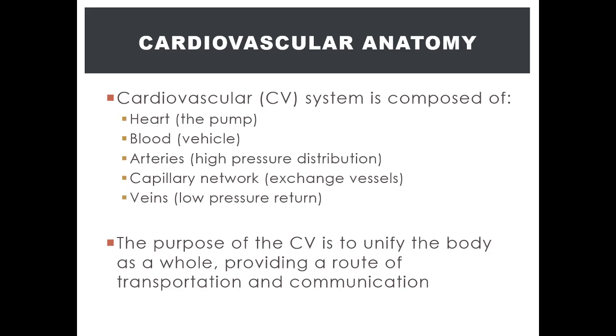So to establish the fundamentals, here we have the individual components of the cardiovascular system and a brief descriptor next to each term to help you visualize the general function of these components. First, we have the component that represents the cardio in cardiovascular, and that is the heart. We all generally understand that the heart acts as a pump, and to act like a pump, it needs to contract. And in order to contract, it needs specialized contractile tissue called muscle. So the heart is primarily made up of muscle tissue.